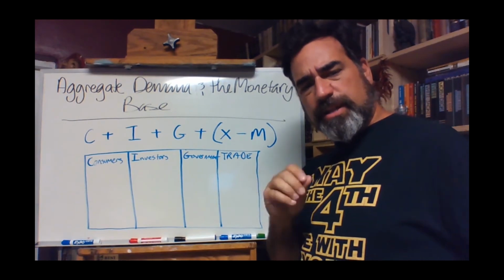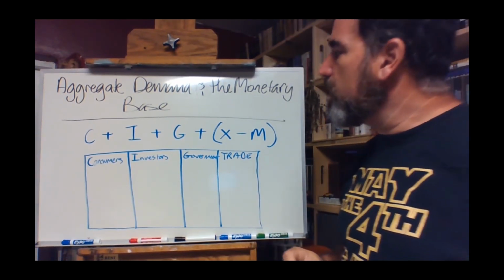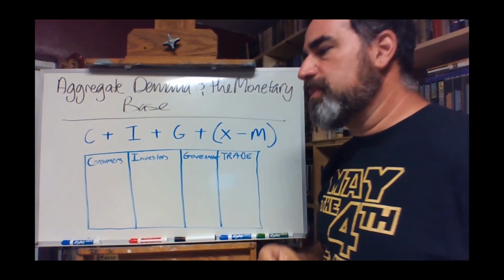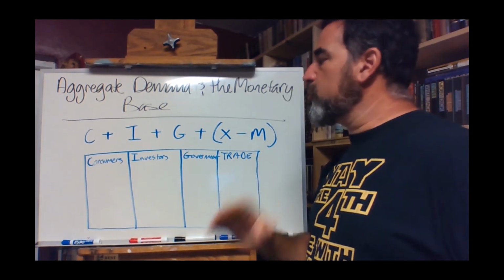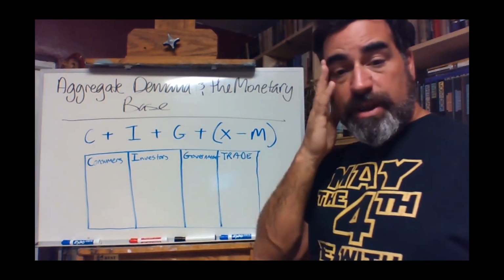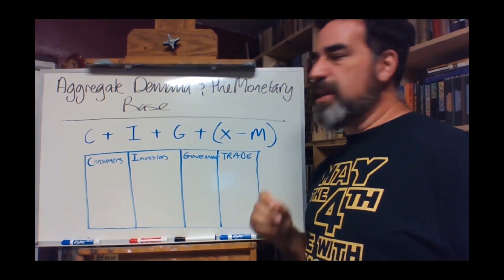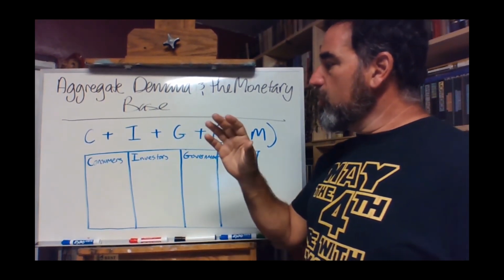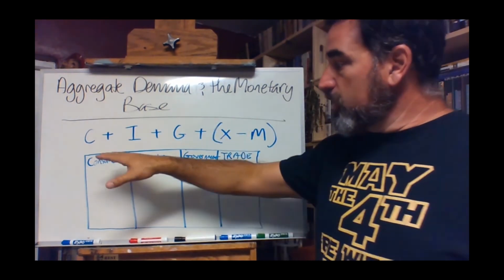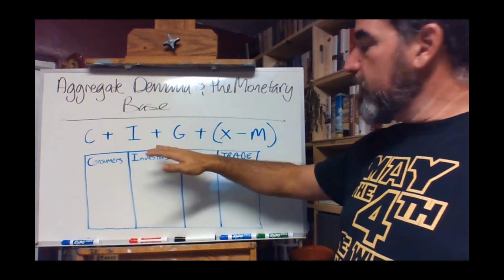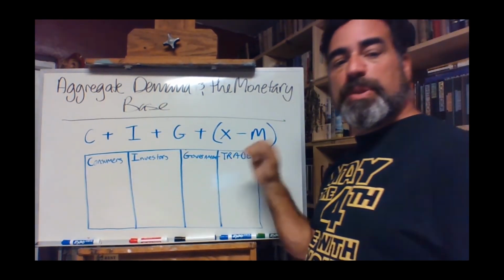So exactly what are the consequences of this? What exactly does this mean? Well, we can take a look at something called the aggregate output expenditure model, and this is it right here. It's basically a formula. And in essence, your economy is basically your spending from your consumers, spending from your investors, spending from government, plus